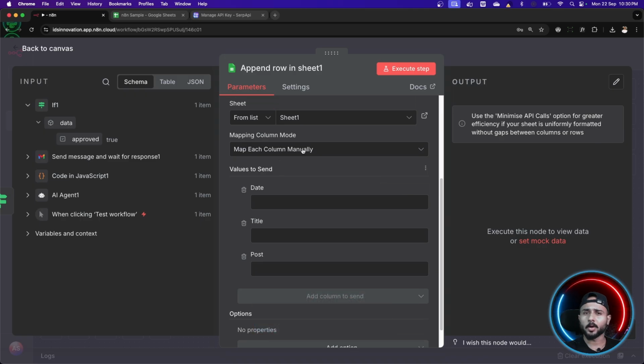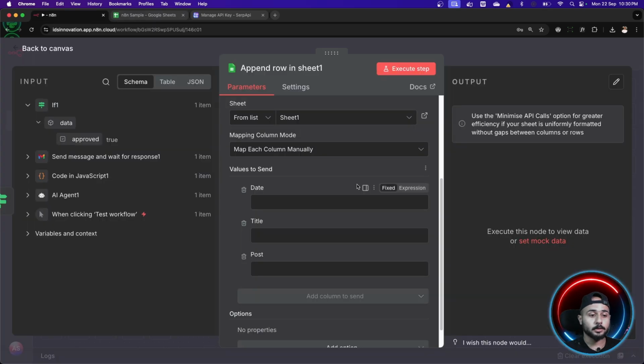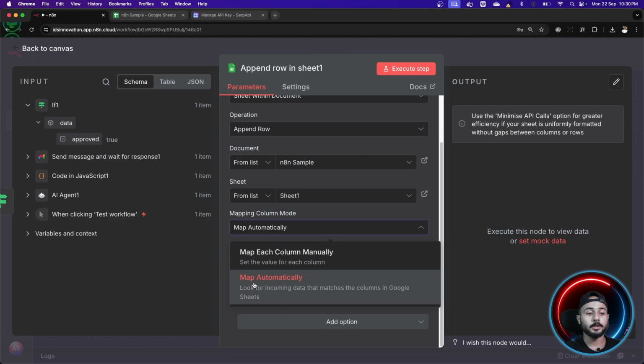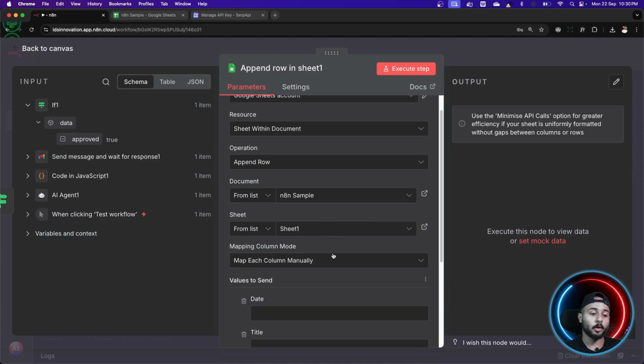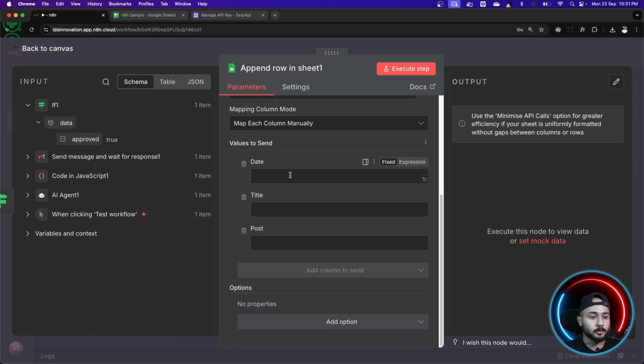So we have this manual mapping here, and remember, guys, if you're creating a new sheet, and you have to add some data here, it cannot be an empty sheet. You need to add date, title, post, something, right? Why? Because you want this manual mapping. It is much easier. Map automatically is only possible when the data is very clear. The input is very in sync with the expected output, and only then does this thing work properly. And for manual column mapping, there must be a few columns present inside that sheet, otherwise nothing is going to happen properly. Okay, so all right, date is something where I want the current date, right?